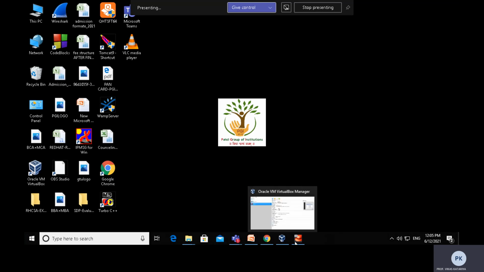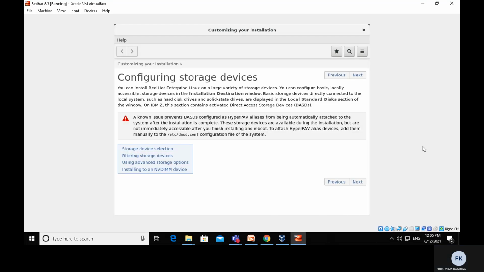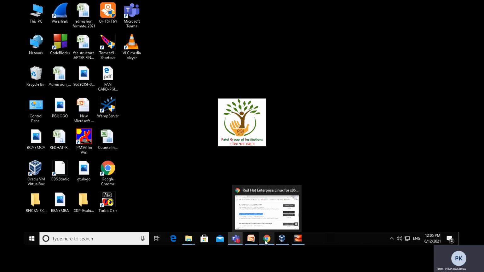So we have to provide the user ID and password for the root user, and then there are one or two more windows. First is the license and second is the network setting. After these two windows, it will ask for restarting. Once you click on restart or reboot, your machine will boot successfully.